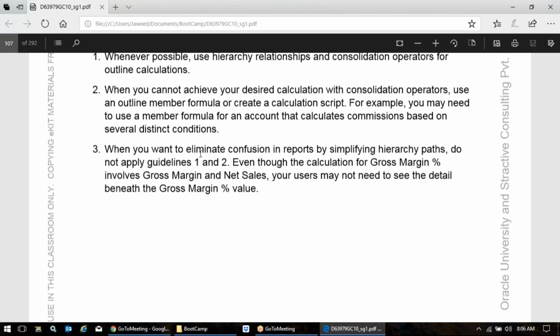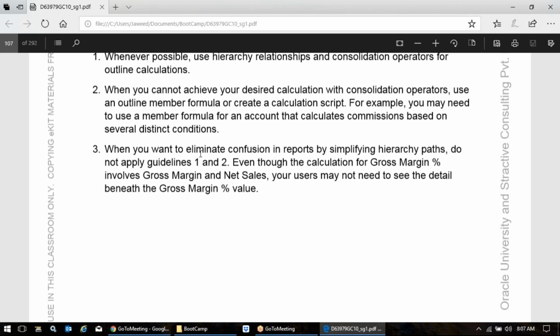What he's trying to say is, when you want to look at the gross margin percentage, which involves the gross margin and the net sales,